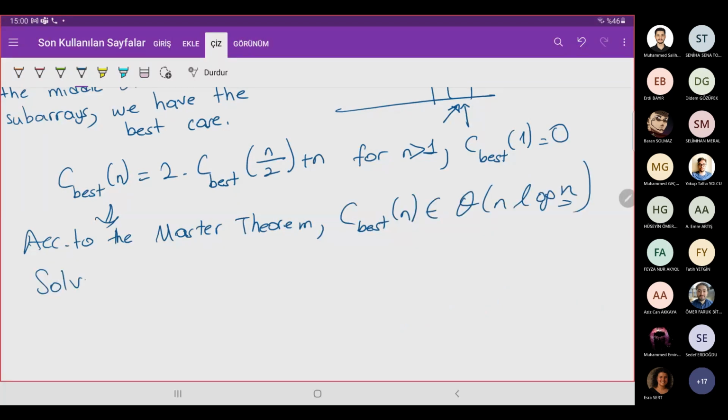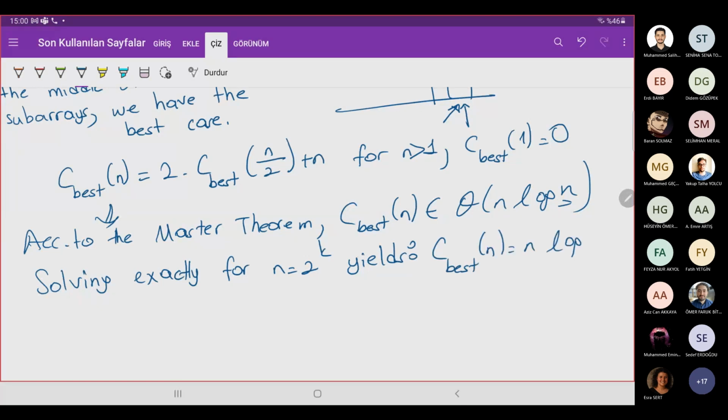Solving exactly for n equal to 2 to the power k yields that